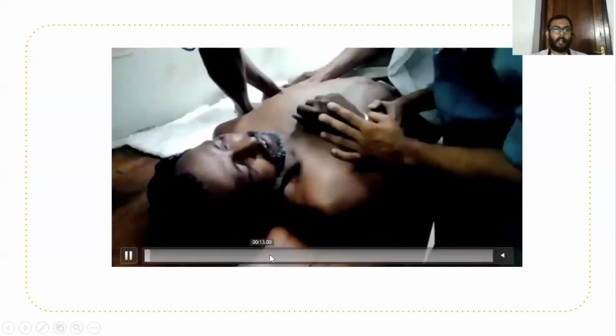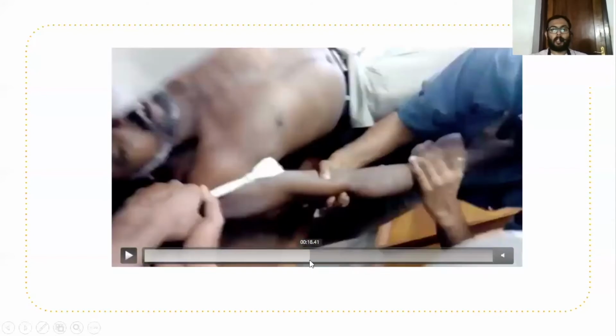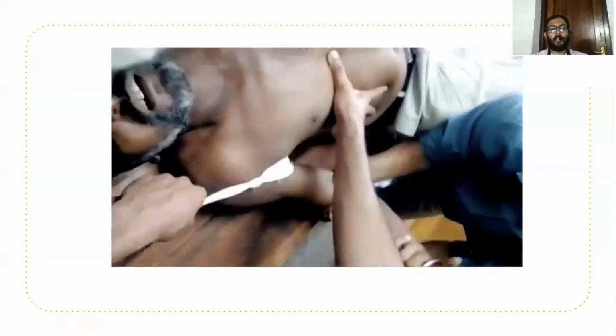After traction, you shall be able to see that external rotation is done. With external rotation, we are doing the adduction and then medial rotation. Here you shall be able to see that the first one what we have done is traction along with counter traction. After giving traction, external rotation is done. And in the third phase, on the adduction phase, in this case it is reduced.